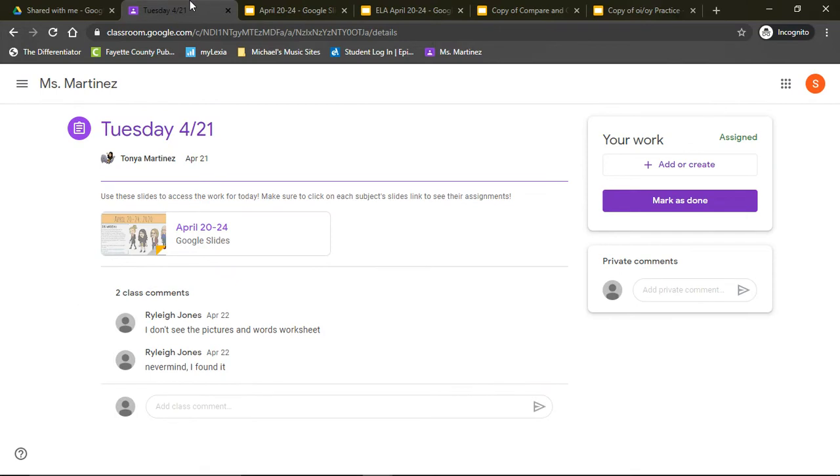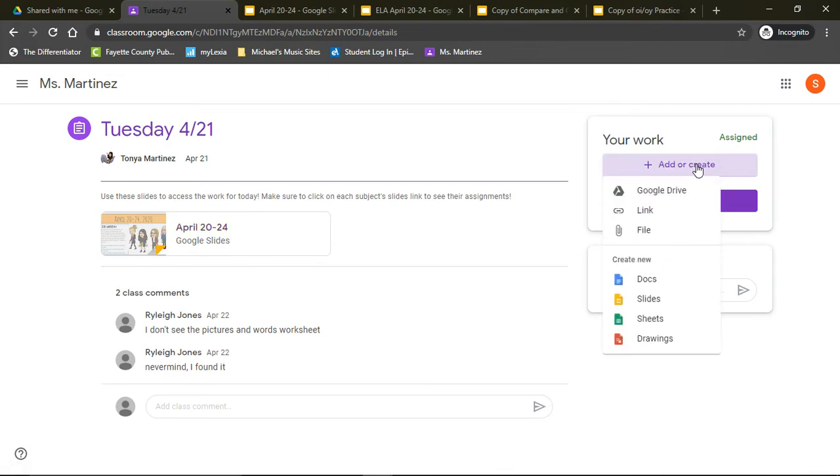Okay. So once you've looked at all of that, you've opened up your reading slides and your math slides, and you've started working and you're ready to submit, here's what you do. You come back to this page and you look for the Add or Create button. You want to do this before you mark as done. If you mark as done, it does not send anything to your teacher. It just marks it as done. Click on Add or Create. When you click on Add or Create, it will give you a menu of options. One way you can submit work